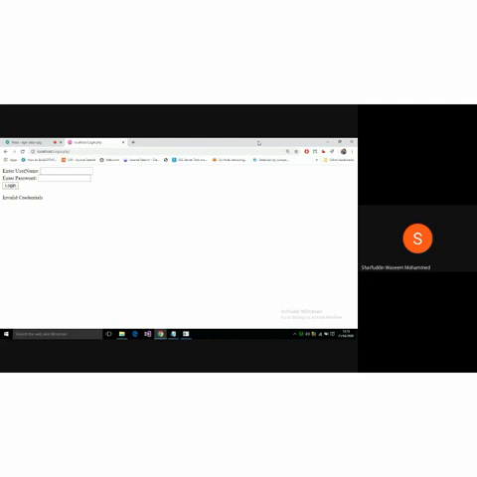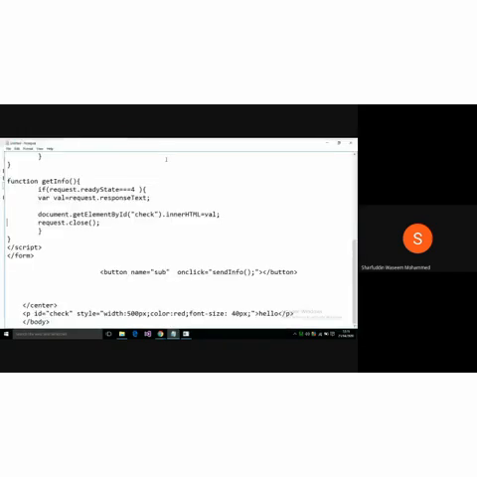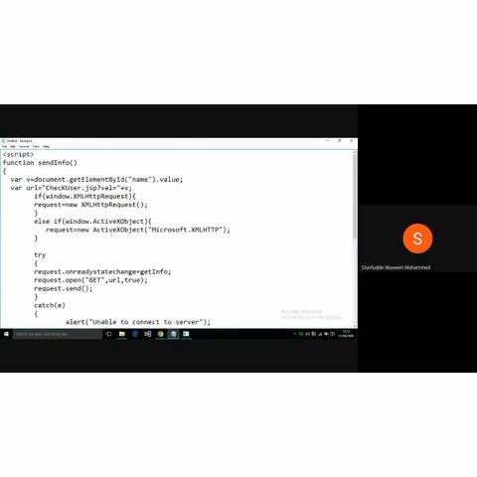So to avoid submitting the whole page to the server, we make only some part of the HTML page be sent to the server. How is it possible? With the help of Ajax. I will demonstrate with one program, then you will be able to understand how Ajax works. Let us analyze this code first. Try to understand this very carefully.